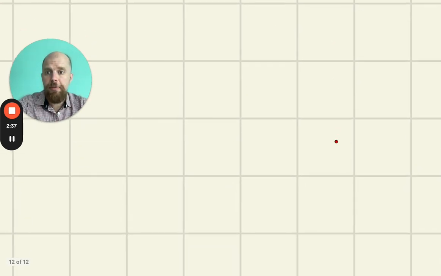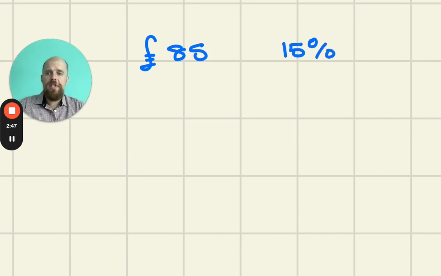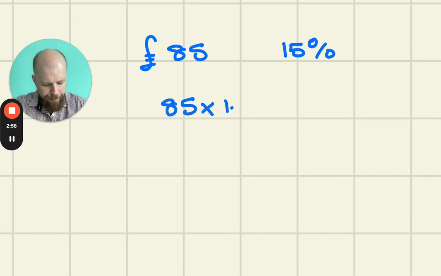Let's take another example of a percentage increase. Let's say I've got a radio costing £85, and this time we're going to have a 15% increase. Now, just the same as before, on a calculator, 100 plus 15, 115. Divided by 100, that means my decimal is 1.15. When we're doing percentage increase, it's really easy, because if I'm increasing by 27%, I times by 1.27. If I'm increasing by 97%, I would times by 1.97. Very easy. So I do 85 times 1.15 on my calculator, and that gives me